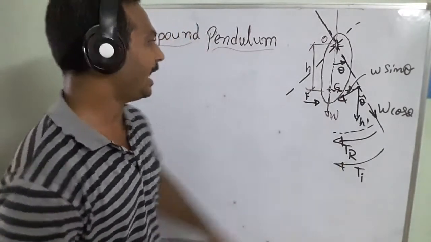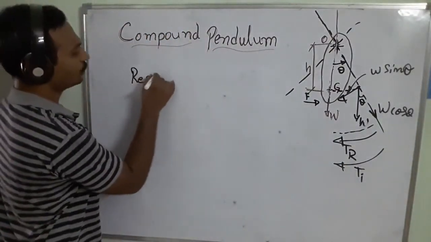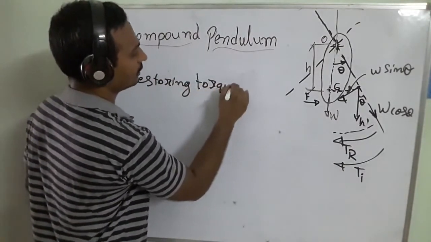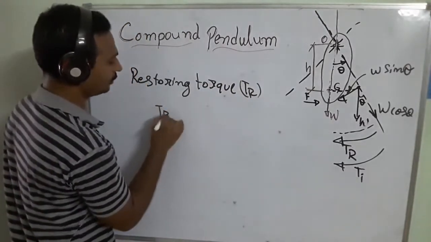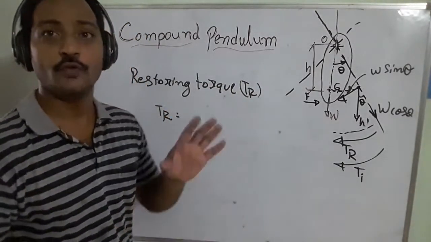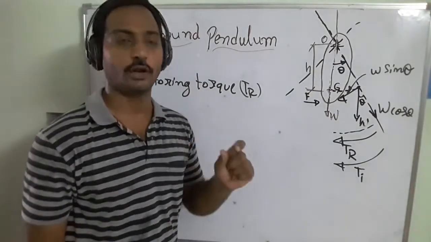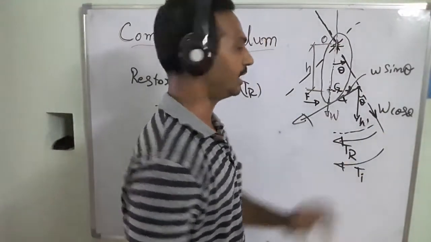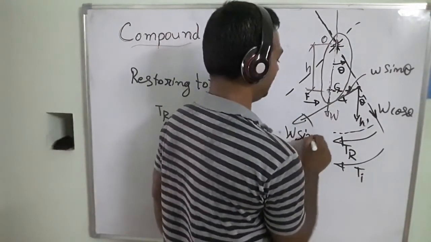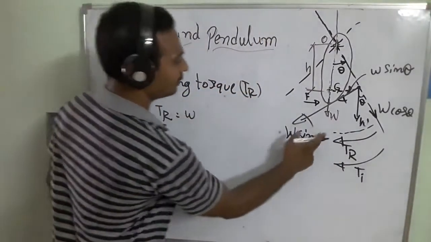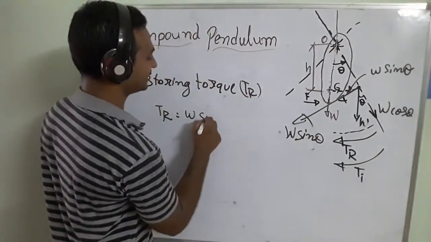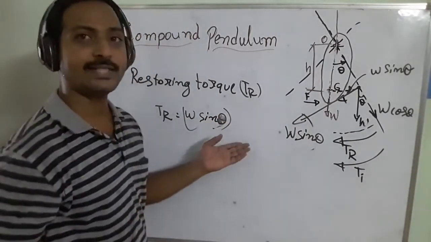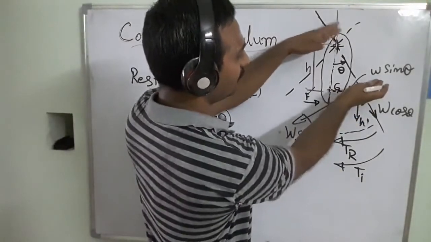As you know, Tr is the restoring torque. The Tr is equal to, what is the formula we have? That is force into the radius, which we need to take for the torque. In this case, what is the force? We need to take the component perpendicular to the axis of this member for the new position, and that is W sin theta, as we said. So that is the force. And then what is the radius in this case? What is the perpendicular distance between these two? That is h.